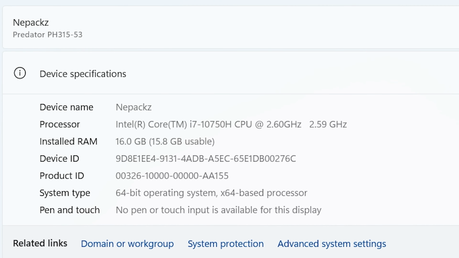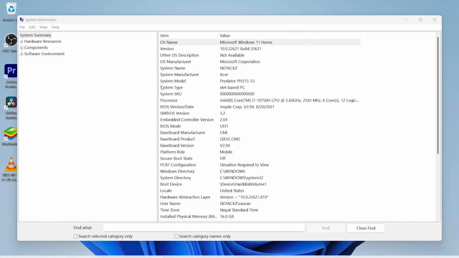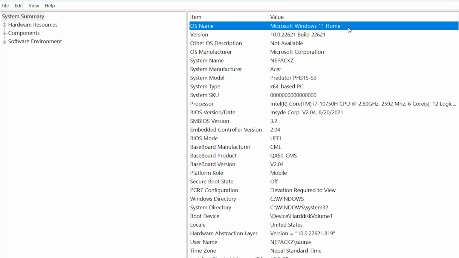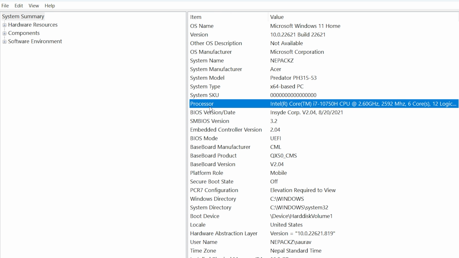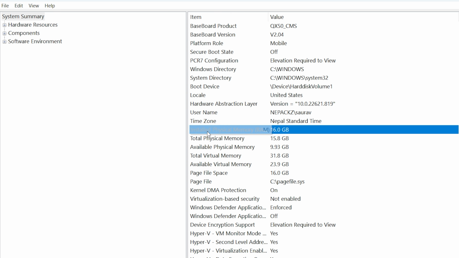Now let me show you the other way. The other way is to use System Information. Inside System Summary, you can find your operating system name, which is Microsoft Windows 11 Home version, and below that we have processor, which is the same, and after that you can find the amount of RAM, which is 16